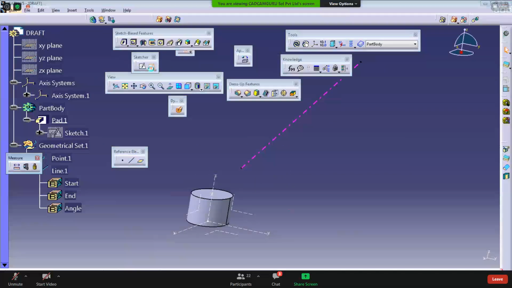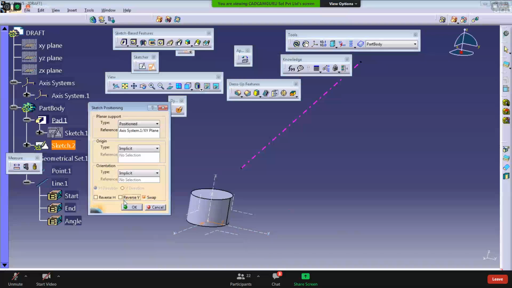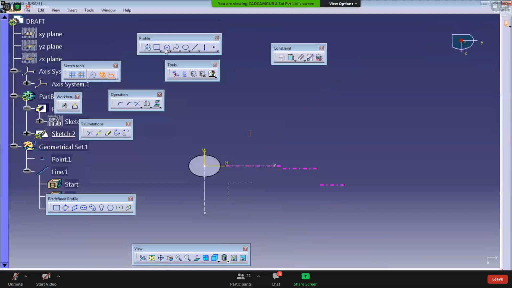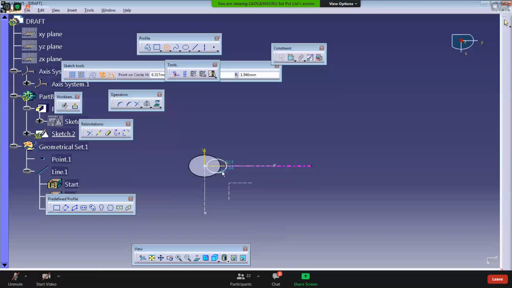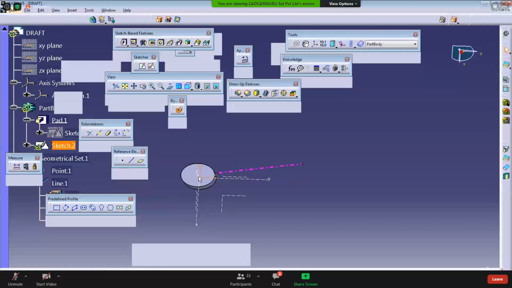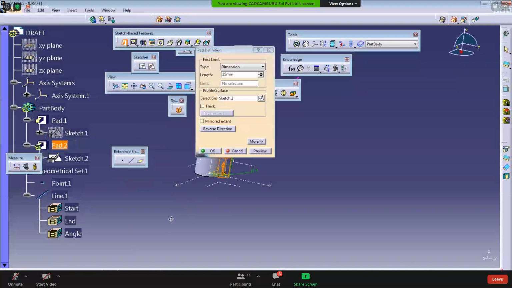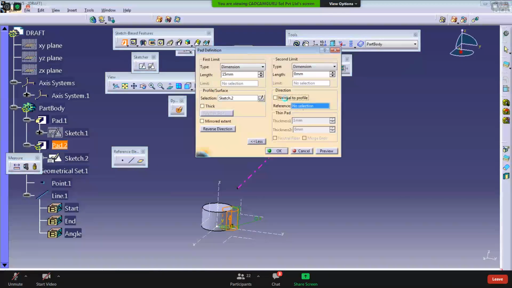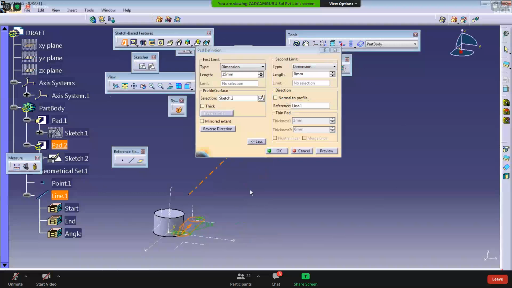Okay, so I create the profile here on the top plane. There is a specific circular profile and I have to apply the pad for that profile, but that is not right now the straight one. You just go to More and choose the direction here. This one, so it is inclined. Click on OK, or you can offset here.